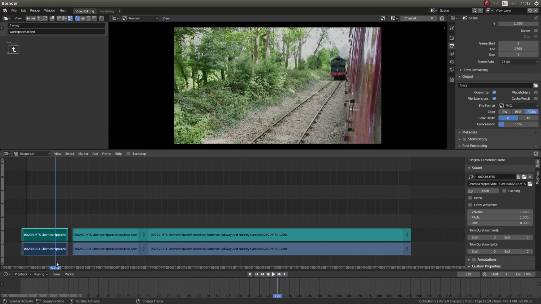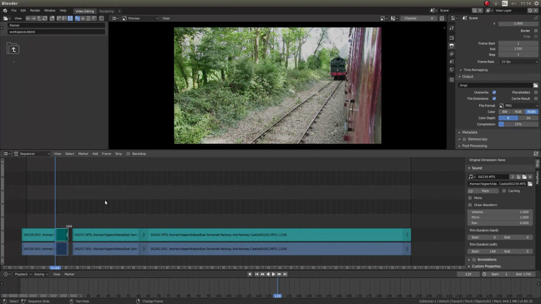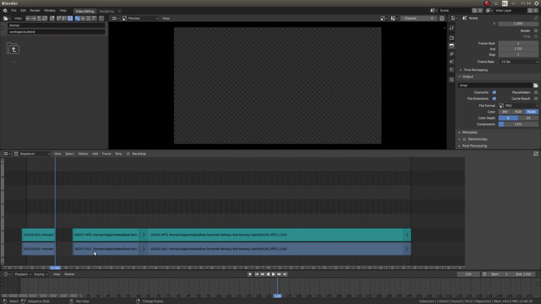So with your marker at the point where you want to cut your clip, now there are other fancy bells you can do. This is just a basic editing, so you might have to do a bit more research on other ways of cutting clips if you don't want to do what I'm doing. So we've got the video and the audio selected. I'm going to just press K on my keyboard, and then I'm going to left click on the video clip, hold down shift and left click on the audio clip, and then press X and left click erase strip. Okay,